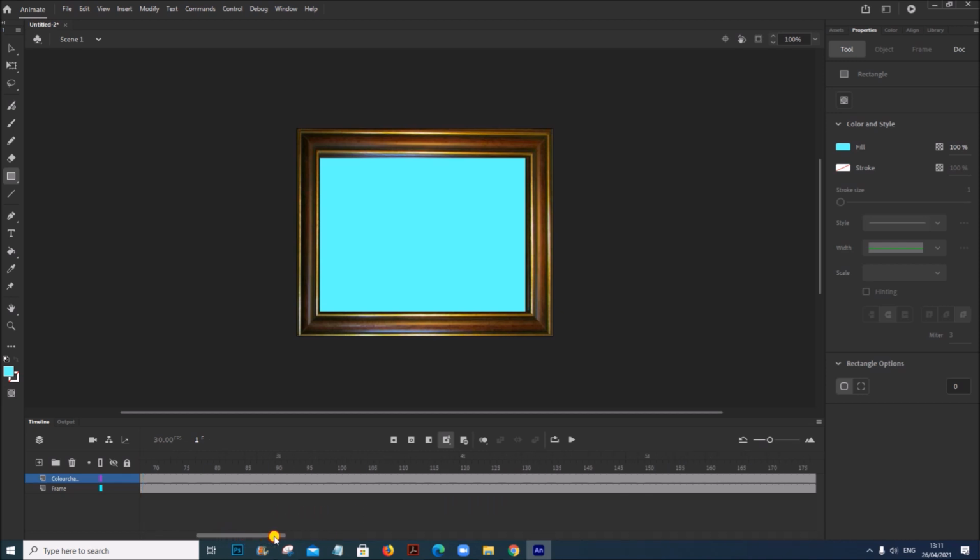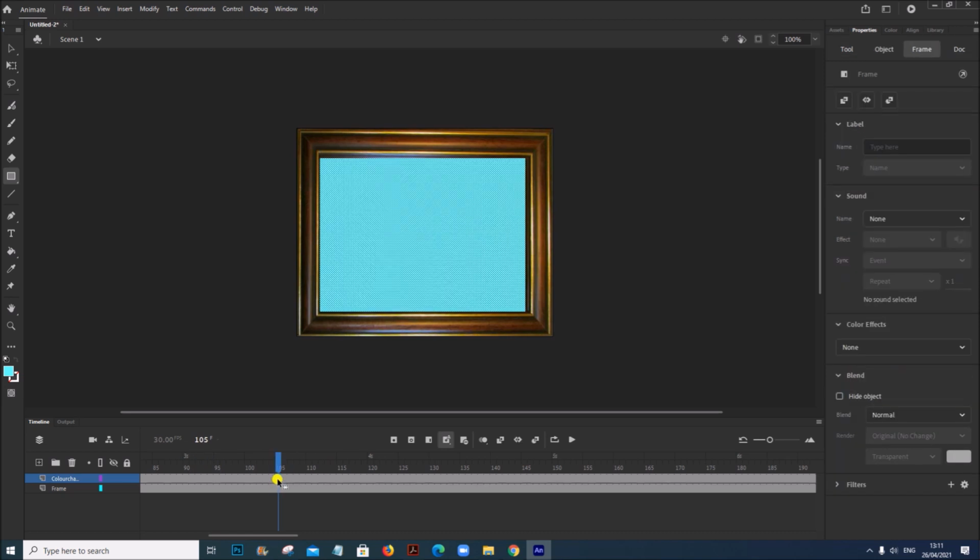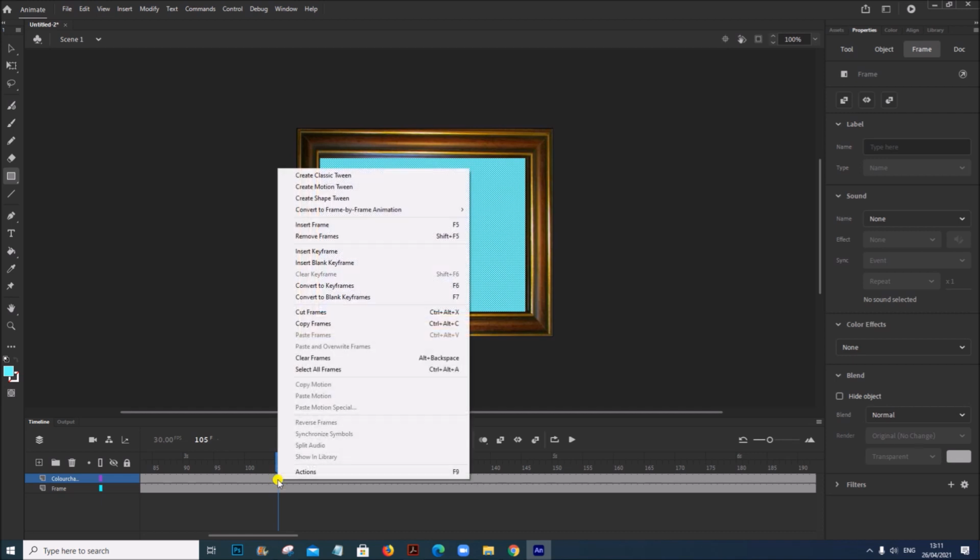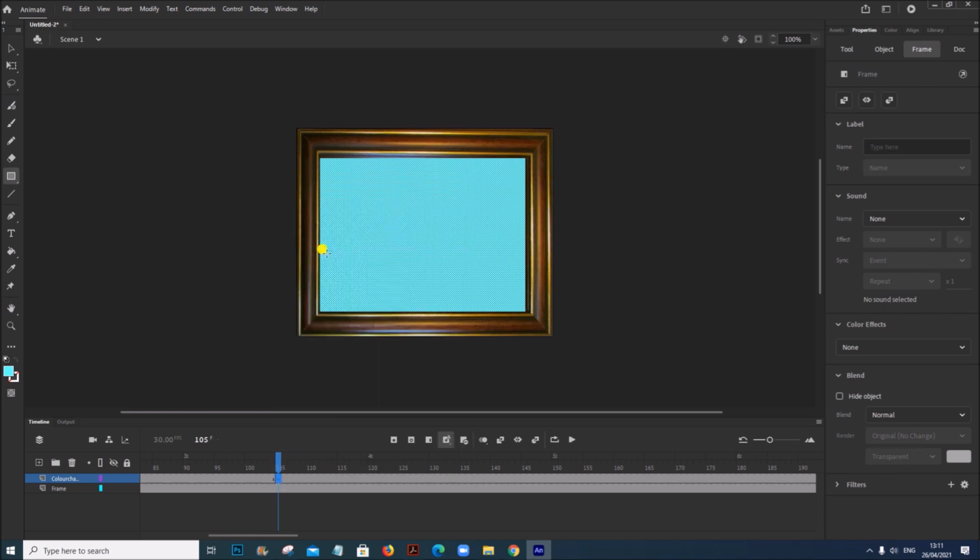When it reaches half the time, that means at 3.5 seconds, this frame 105, insert a keyframe there. And now let's change the color.